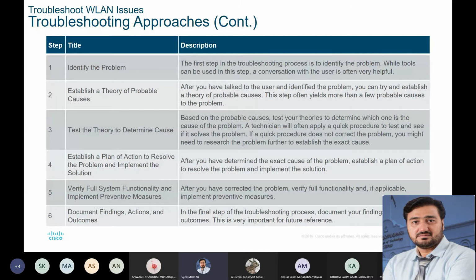Now we have 5G, there is no issue with the speed, and the speed has become a secondary thing. Now wireless is the most preferable option for the user to connect to the internet